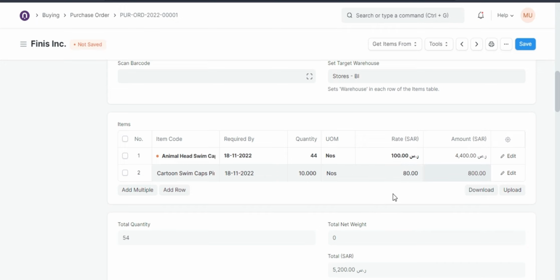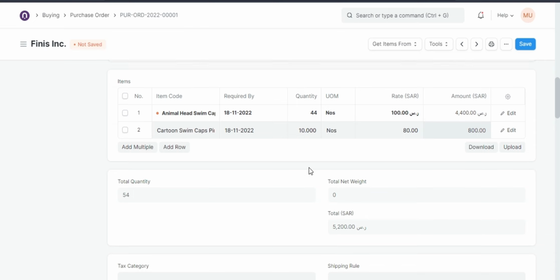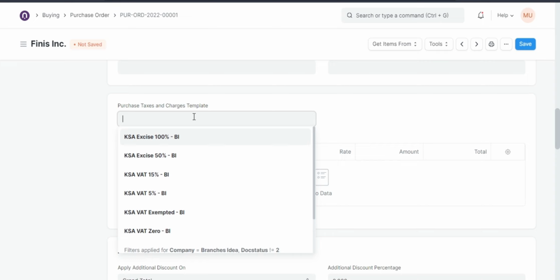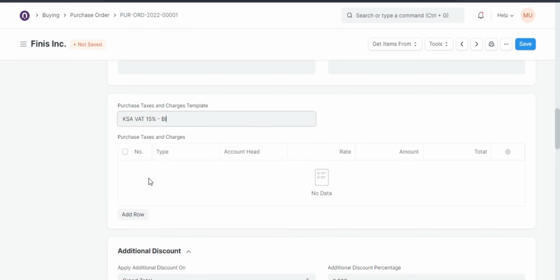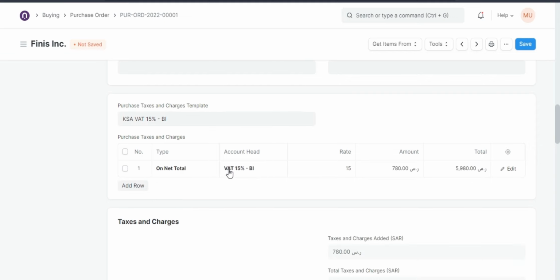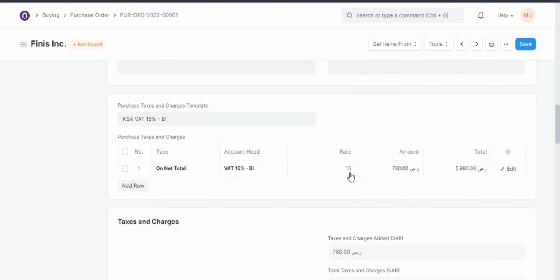So this comes to 5,200 riyals for these two items for this much quantity, and now you have to work with the taxes. So you want me to apply taxes for it? Yes, sure. So this 15% VAT is going to be applied on it, and you see this 5,200 will be charged 15% VAT, and this tax is going to be booked at the purchase invoice stage